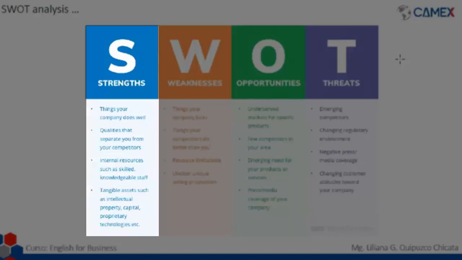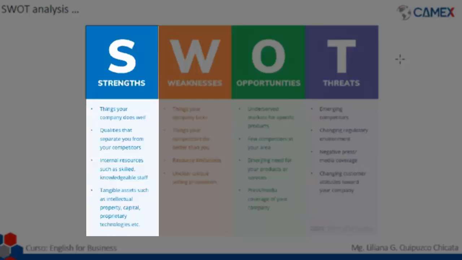Now, another strength would be internal resources such as skill, knowledge, staff. For example, we are talking about skill and knowledge that our staff might have. So maybe we have a staff that not only are people that cook day to day, but people that really study how to cook, professional cooks. This will be a really good strength because it's going to be a person that knows how to do stuff, in this case, how to cook professionally, and the food is going to be tastier than our competitors'. Also,